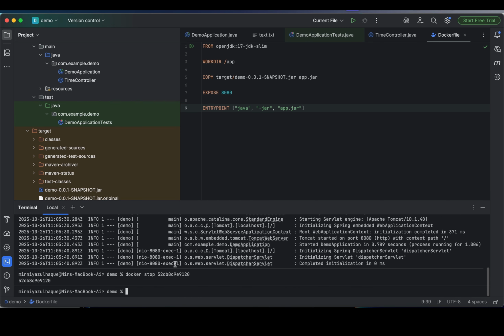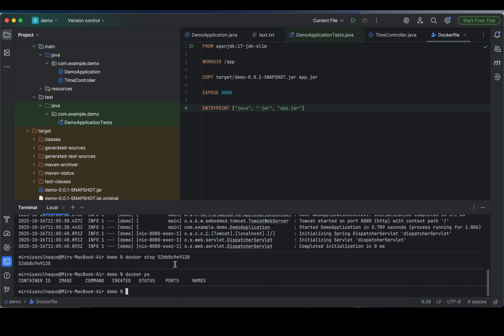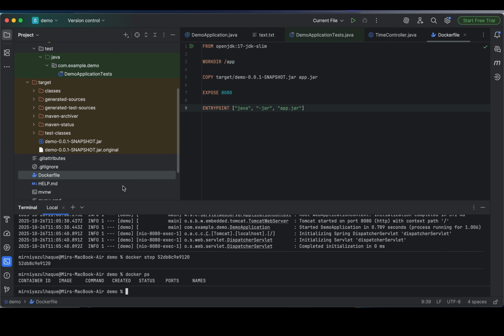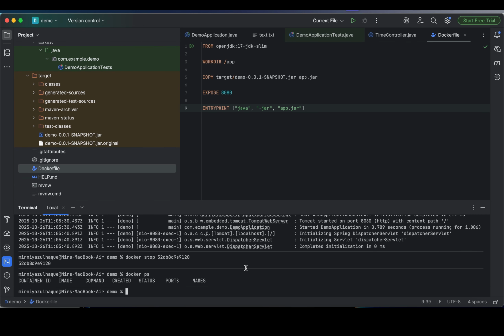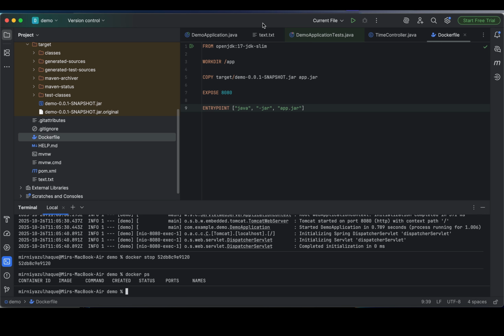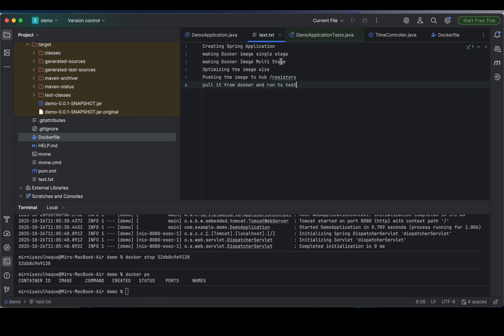This is going to stop the container. If I do docker ps now, there are no containers which are running. I hope you understand how we can create a Dockerfile, how we can run the container image, and how we can test it. Now the next thing that we are going to learn is how we can create a multi-stage